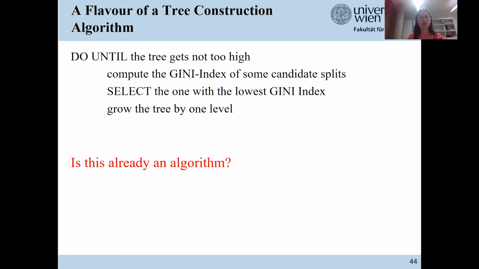We call it an integer-valued attribute, because in general you consider the age of persons being 18, 19, 20, and not 18.7 or 18.8 or whatever. But for really continuous attributes, there is even an infinite number of splits. Therefore, we must specify what we mean by some candidate splits, and it is a consideration of runtime how many candidate splits we want to examine. So you see that there are some more choices which need to be made. But finally, this is then an algorithm and can be translated to a computer program.